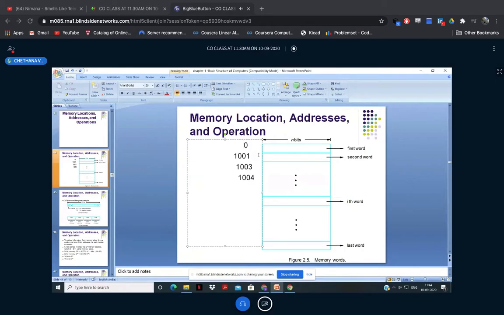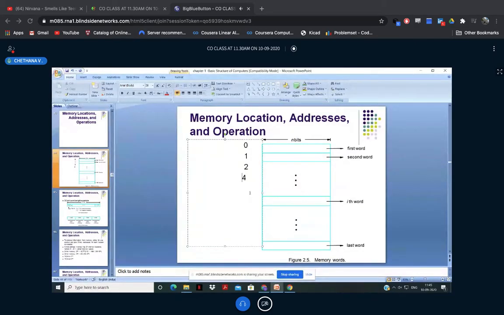Next, take the second one. That is the first location; next, take the second location. The address is 1. Here I have stored 1 byte of data, here the second byte, and here the third. Like that, I'm going to store the fourth byte at the fourth address. If you are storing only 1 byte in one particular row, your address is 0, next 1, 2, 3, like that.